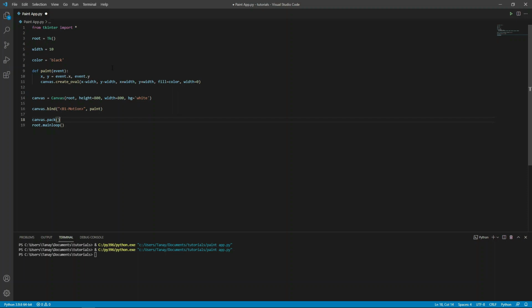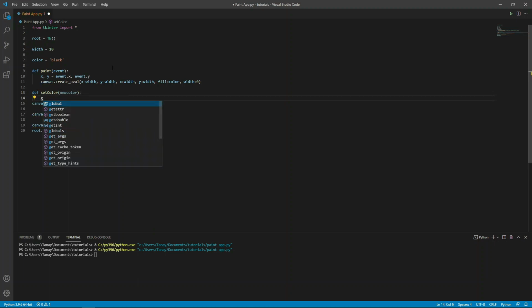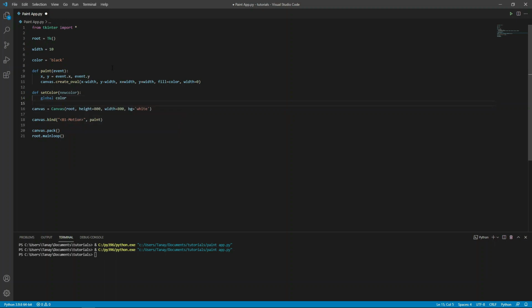Now we have to define a function which will take a parameter whose name will be new color, and this function will set the color as new color. For that we have to type def set color new color, global color equals to new color.